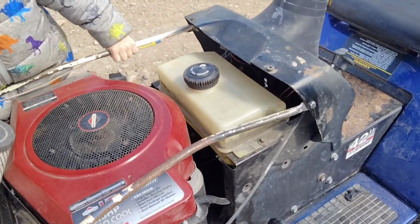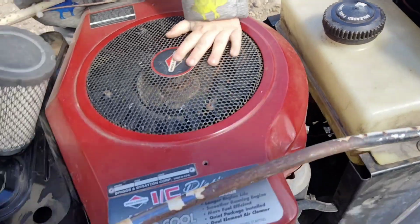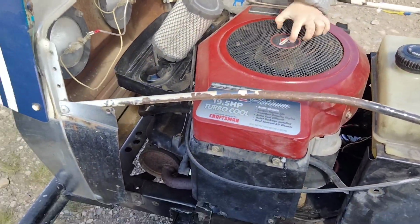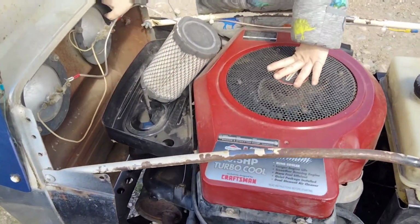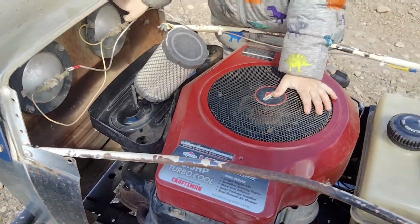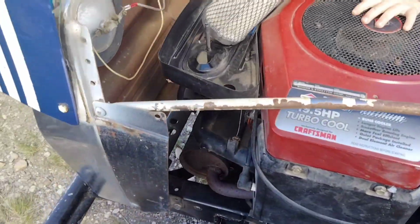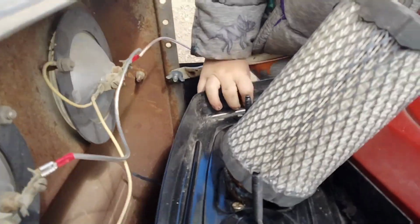Had to modify this gas tank. Stock gas tank position did not work with the new twin in here. Technically this is only an 18 horse twin. I just have the cover for a 19.5 horse twin on here. Here's a few little mods for you. This air filter,